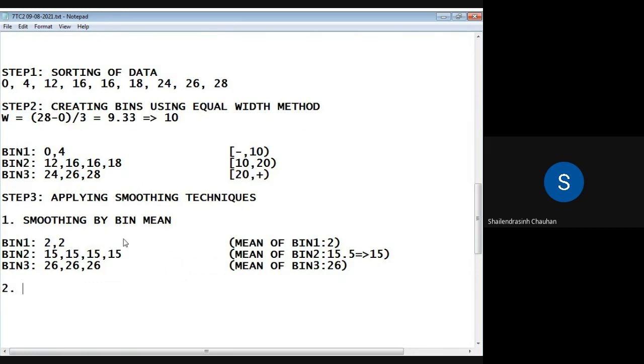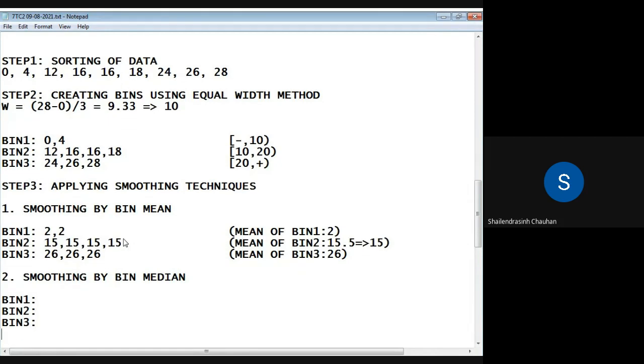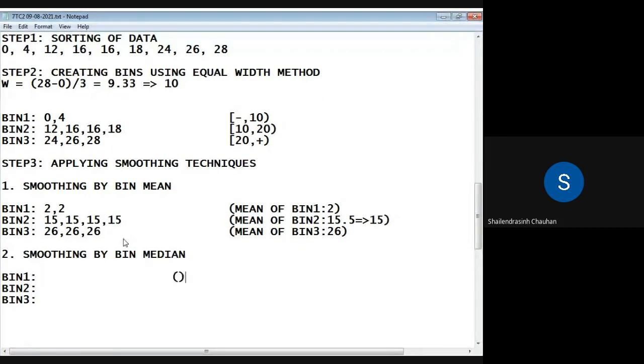Second, smoothing by bin median. Bin 1, bin 2, bin 3: the median of bin 1, the median of bin 2, the median of bin 3.